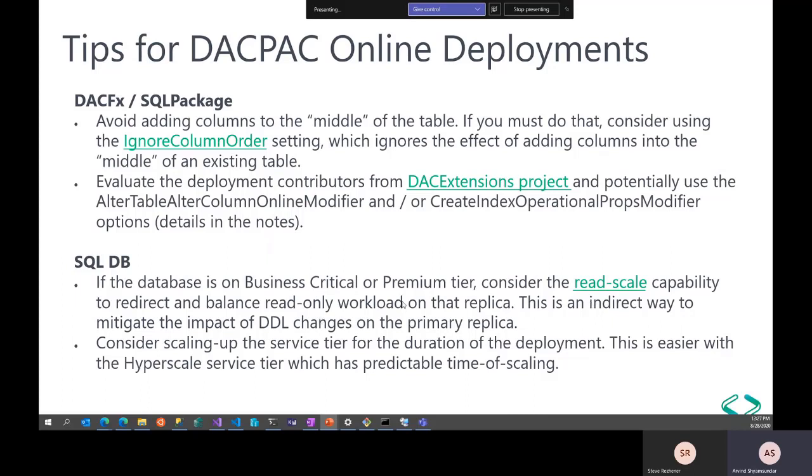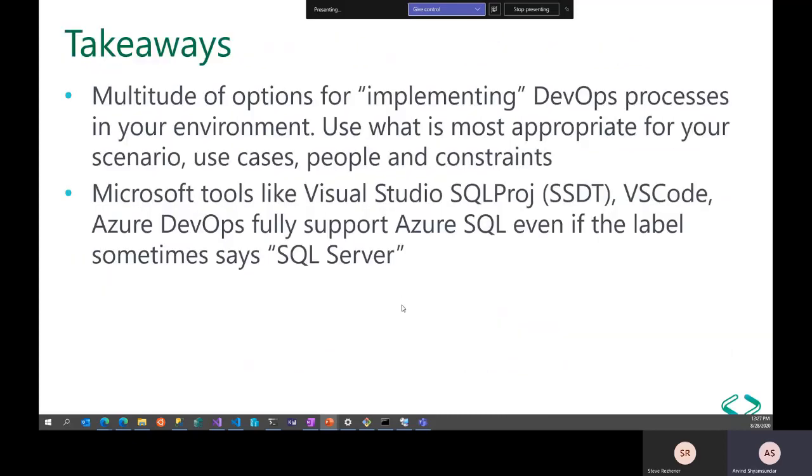So there's options out there if you're working with Azure SQL DB. All right, so I covered a lot, and I don't expect everyone to take away like a level 300 understanding of this stuff, but just keep in mind two things. If you want to summarize, I hope you got the gist of what DevOps is, what you can do with Azure SQL in the context of DevOps. And just keep in mind, there are so many options out there. I showed you some of the ones which are possible, but you can mix and match